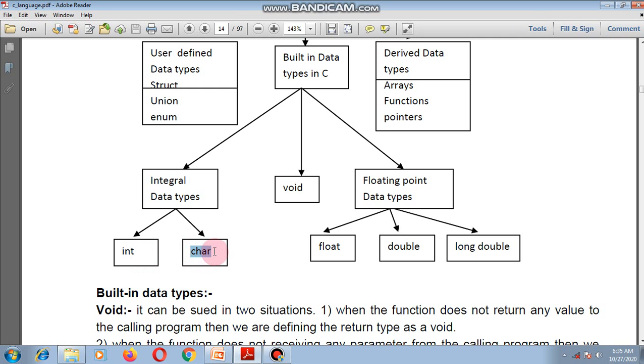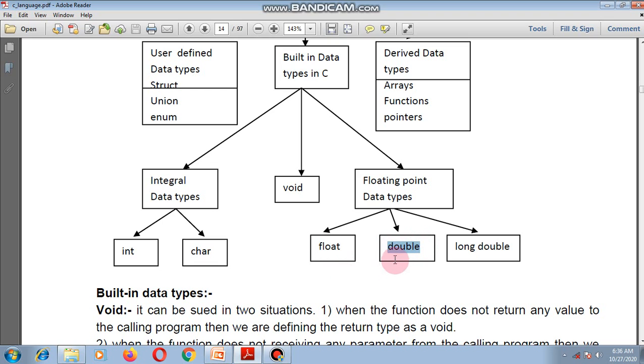Next, the character data type is used to store character type of data. Next one is floating point data types. The float data type is used to store numbers with a fractional part, and its basic size is 4 bytes.